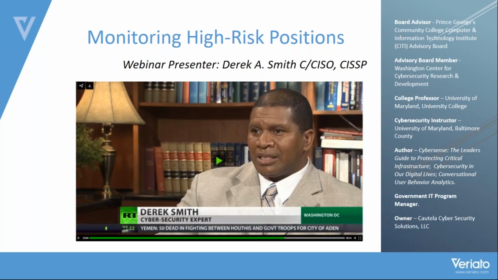Now, these UBA solutions use a combination of analytic approaches, including rule-based and pattern matching and statistical methods and all this other sciencey kind of stuff. And in some cases, even supervised and unsupervised machine learning. It establishes a baseline of how people typically use networks and devices, and then it goes out and detects significant anomalies. Anomalies mean changes in that behavior,